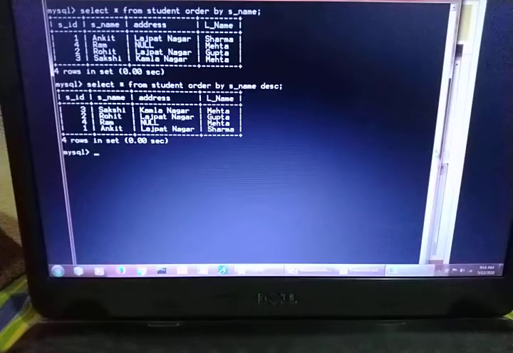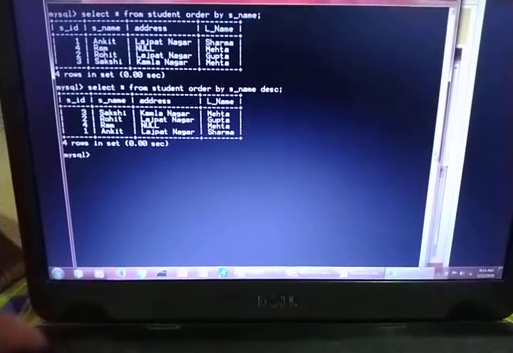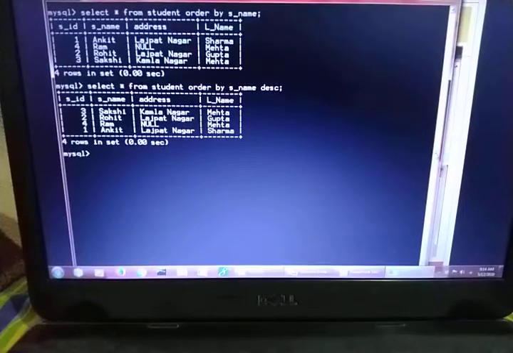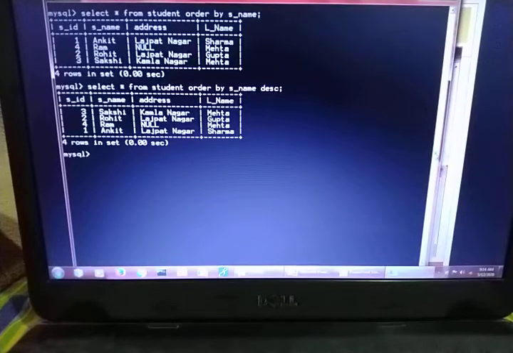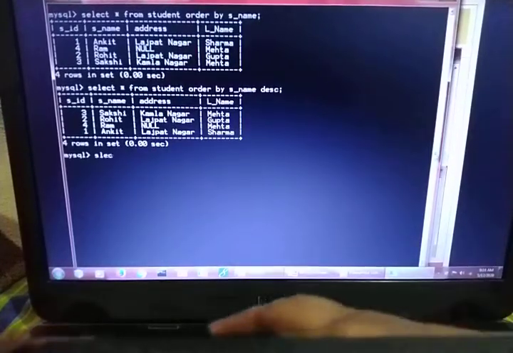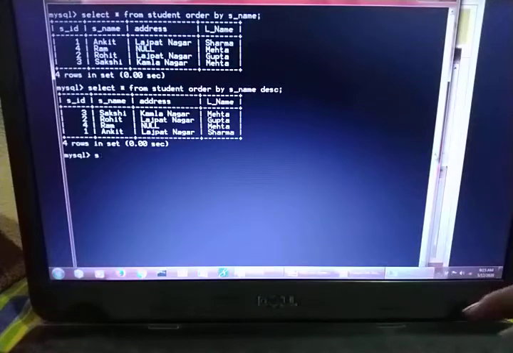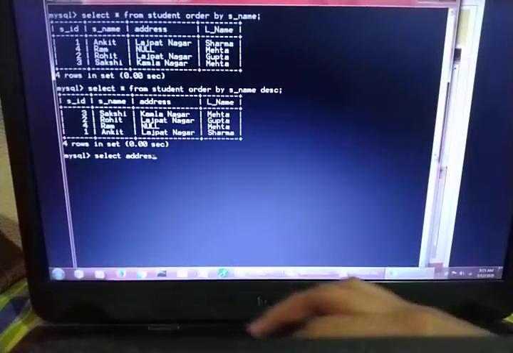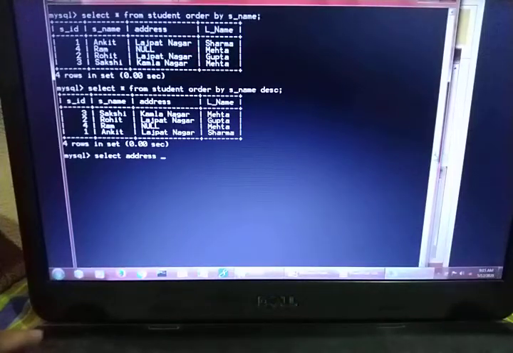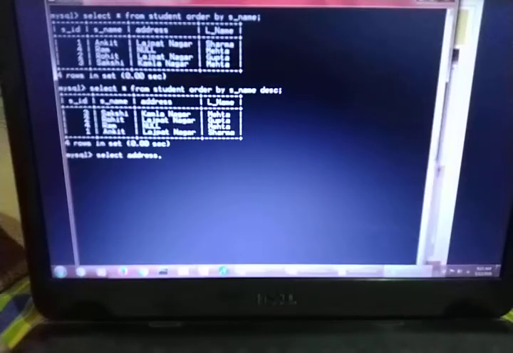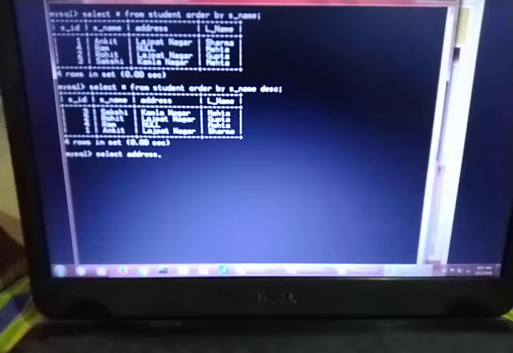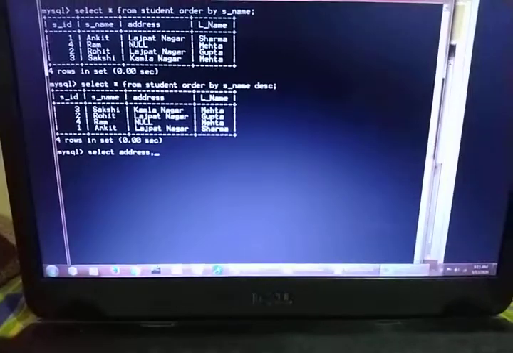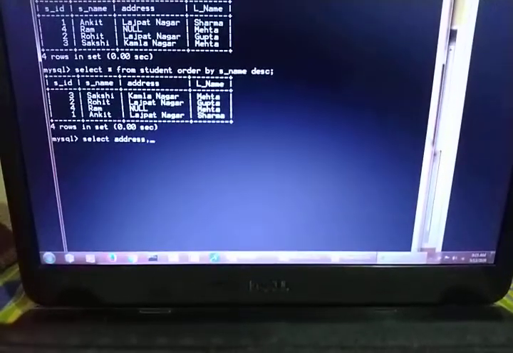Next is the group by clause. For using the group by clause we also have to use an aggregate function. So in my table, yes, I can use the aggregate function on the address. So I can write select address, then I have to write one aggregate function, because in the group by clause it is necessary to use an aggregate function.